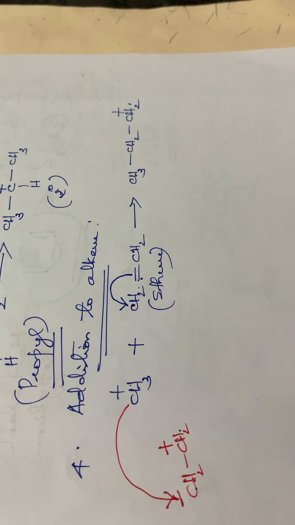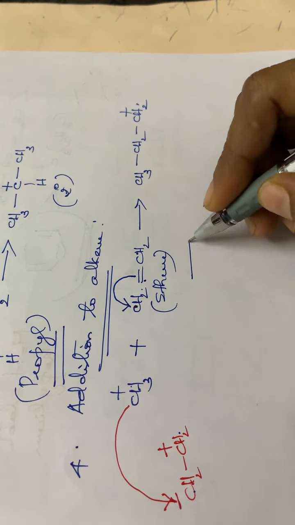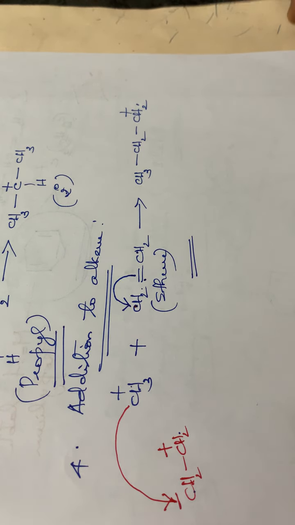Sometimes in your essay part it might be asked like this: How will you define a carbocation? Then give an account on the stability of carbocations and also the reactions of carbocations. So you have to study it as a part of an essay. So this is all about carbocations. Next we can go through the carbanions.